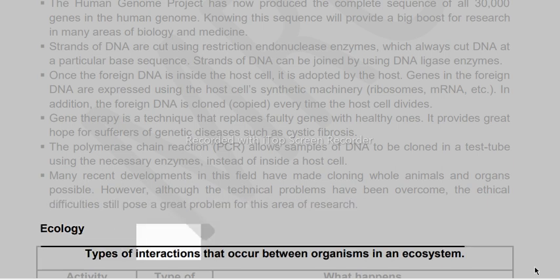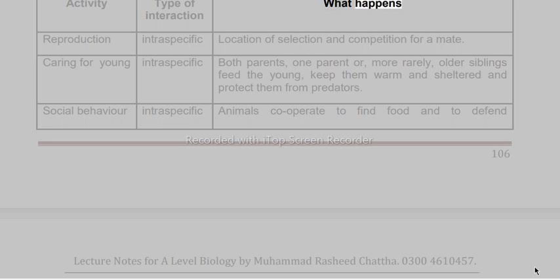Ecology. Types of interactions that occur between organisms in an ecosystem. Activity. Type of interaction. What happens? Reproduction. Intraspecific location of selection and competition for a mate. Caring for young. Intraspecific. Both parents, one parent or, more rarely, older siblings feed the young, keep them warm and sheltered and protect them from predators. Social behavior. Intraspecific animals cooperate to find food and to defend